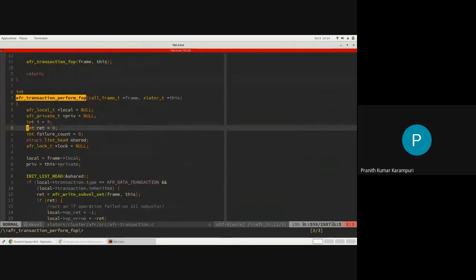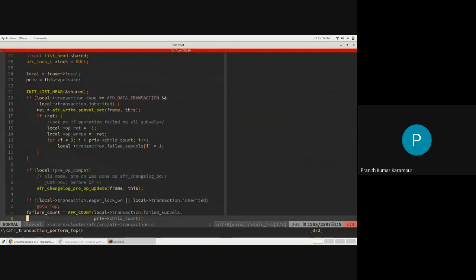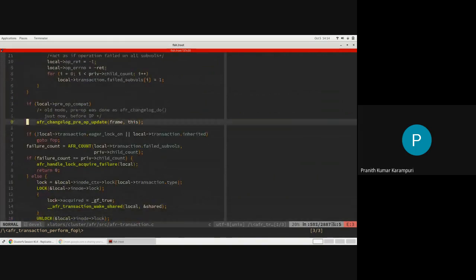In this function, what we also do is, this is part of handling the eager lock.